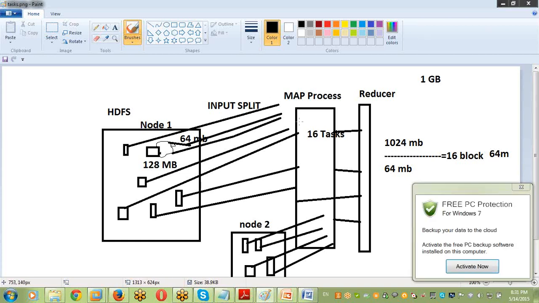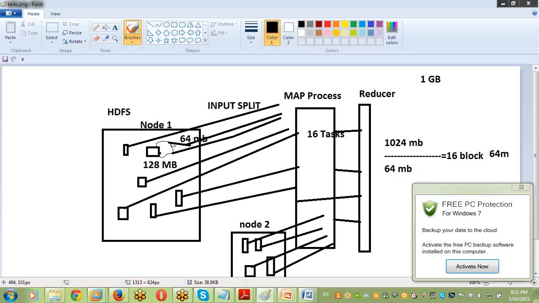But I want to increase the mappers because my logic is complicated. For example, my block size is 128 MB and I decide my split size is 64 MB. By default block size and split size are equal, but I want to control it.